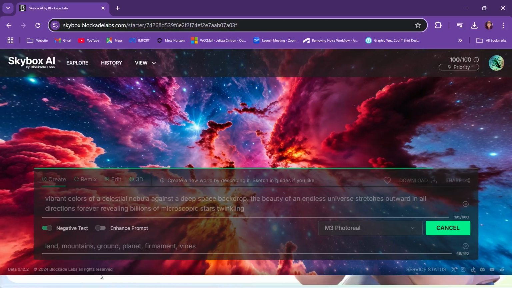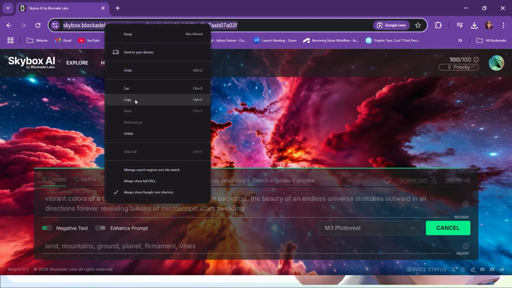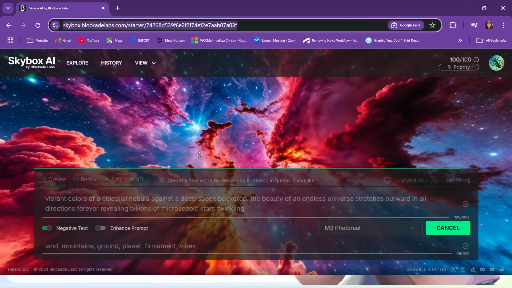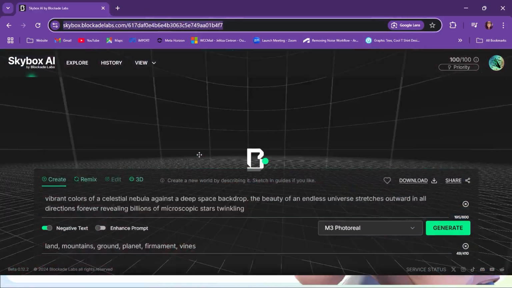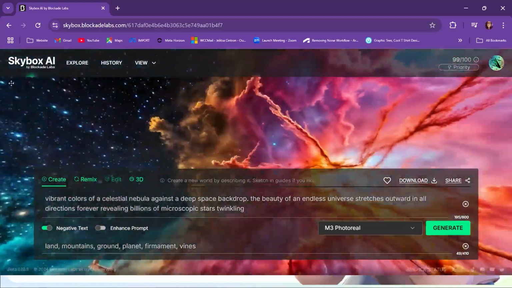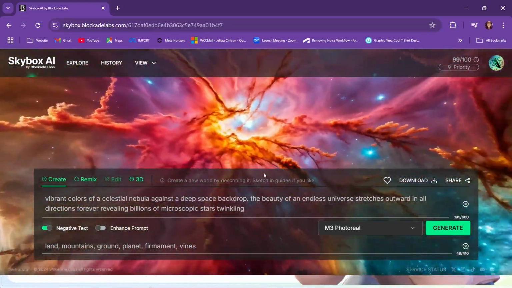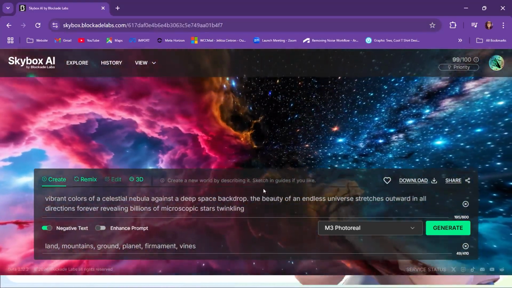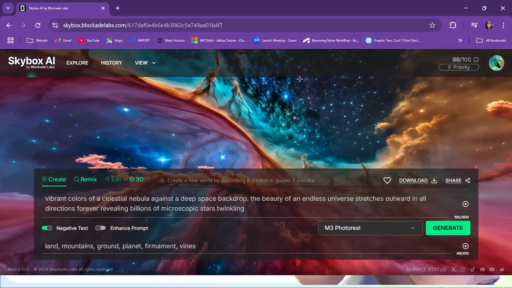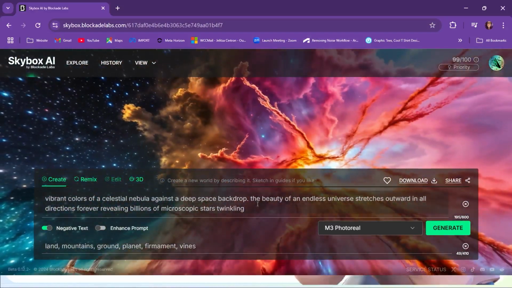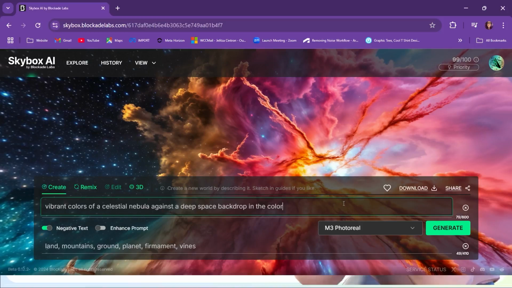Letting it load. To me, this one looks the same all the time, to be honest. I always feel like it does, especially with the colors. And here's the generated sky. Yeah, they always look the same. I mean, let's see. Vibrant colors of a celestial nebula against the deep space backdrop in the colors purple, pink, and